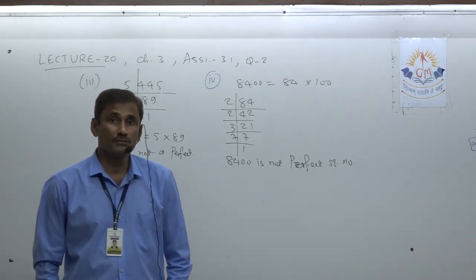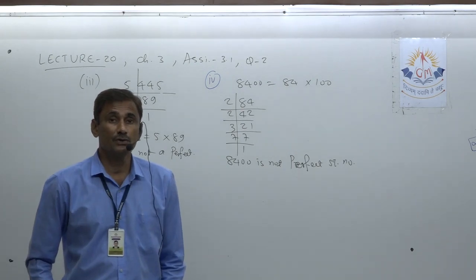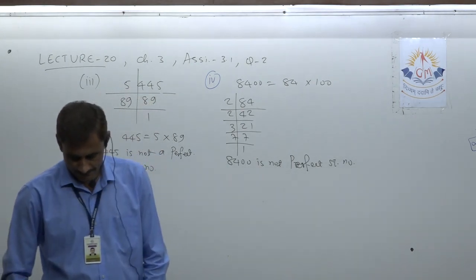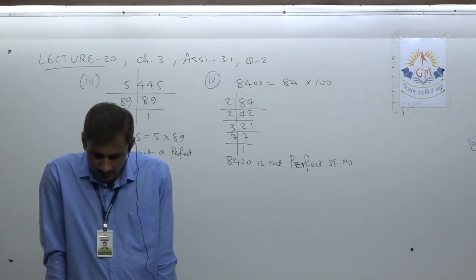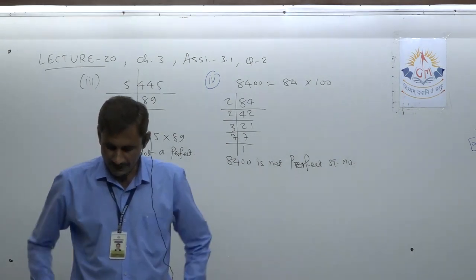Okay, so a pair should be there. Every number must appear in pairs, otherwise it cannot be a perfect square number. Okay. Now in the third one, they are asking